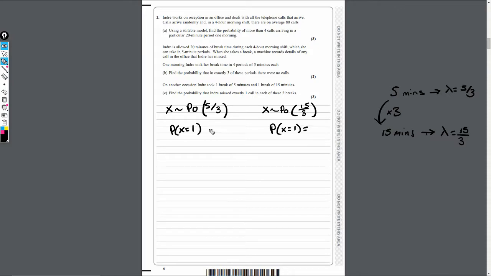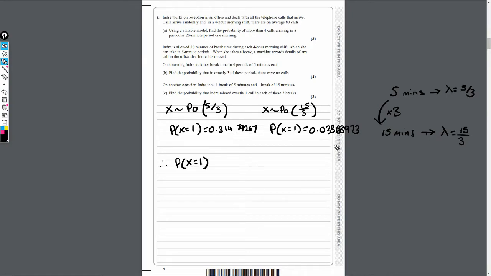If I do this one first, using lambda is equal to 5 over 3, this will be 0.31479267. I'm going to keep all my accuracy because I don't want to lose any accuracy in my final calculation. And for this one here, this will be 0.03368973. So therefore, my final answer, the probability that X is equal to 1,